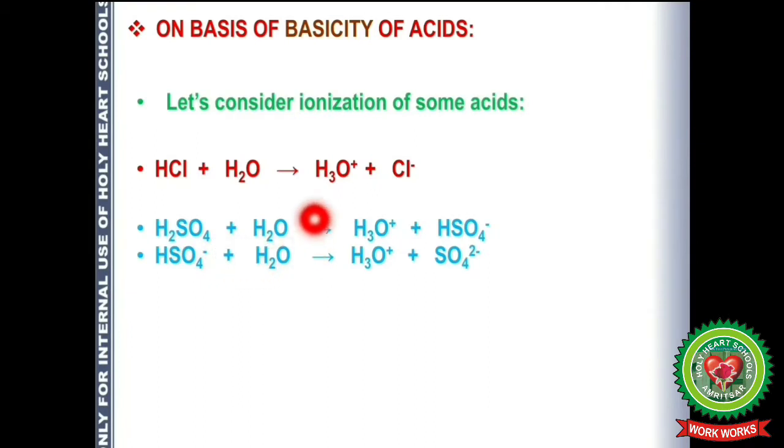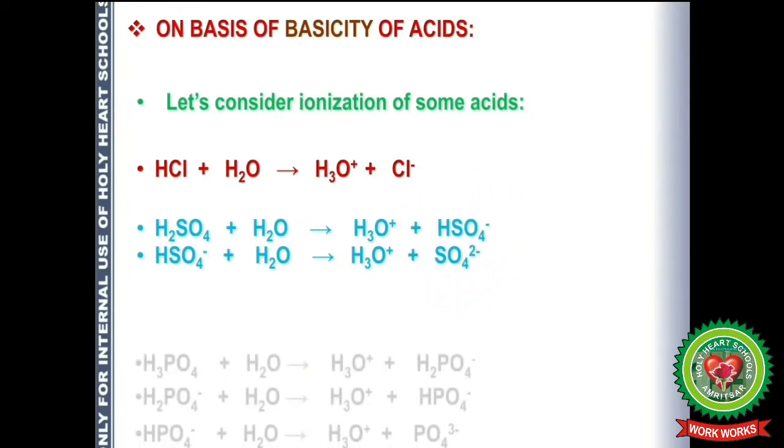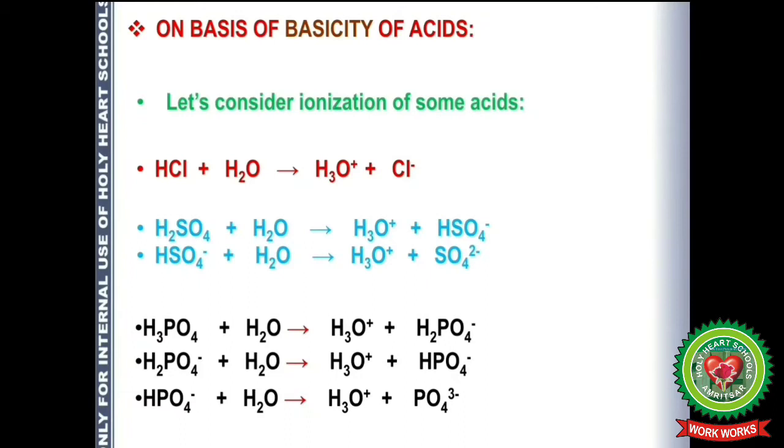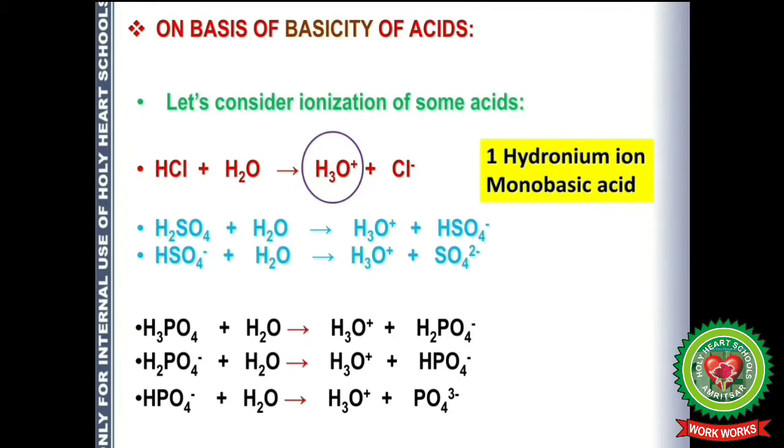When sulfuric acid dissolves in water, it ionizes in two steps and two hydronium ions are formed, along with hydrogen sulfate anion and sulfate anion. The third one is phosphoric acid. When phosphoric acid ionizes in water, it ionizes in three steps and forms three hydronium ions, and along with that the anion is formed. When we talk about HCl, one hydronium ion is produced, so therefore it is known as